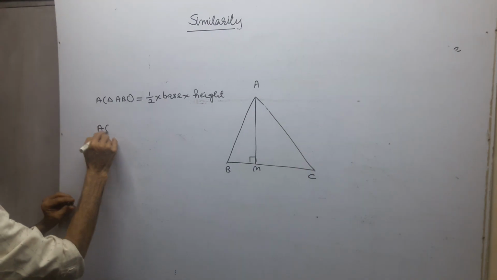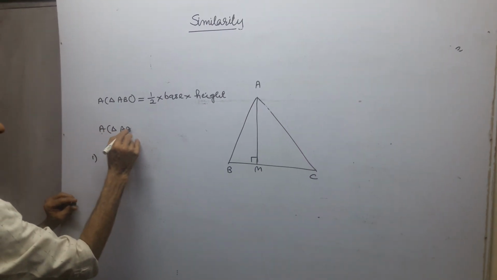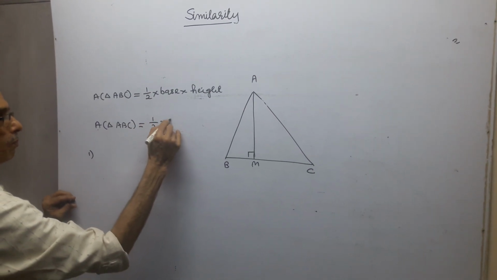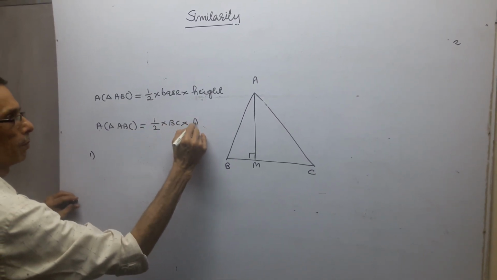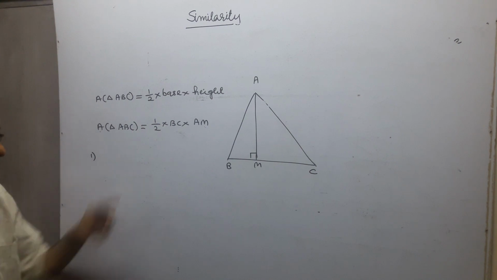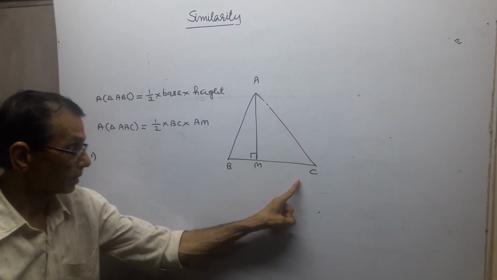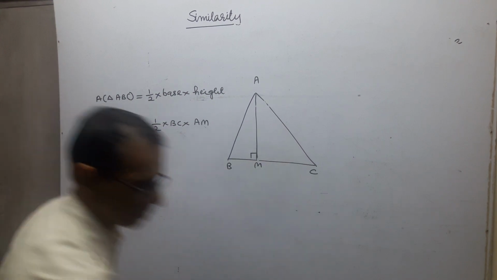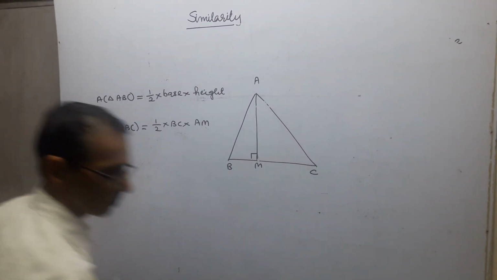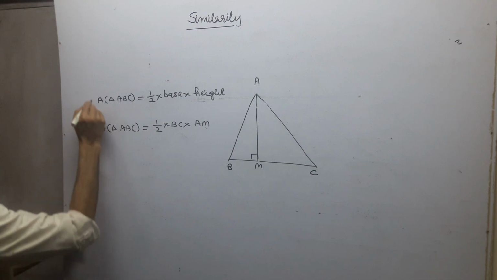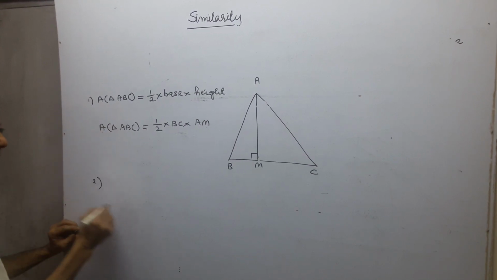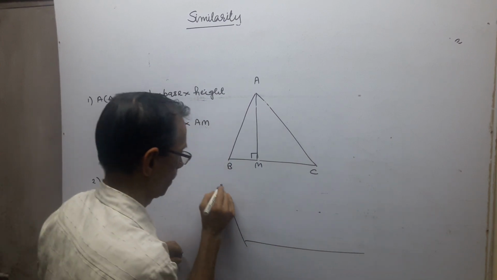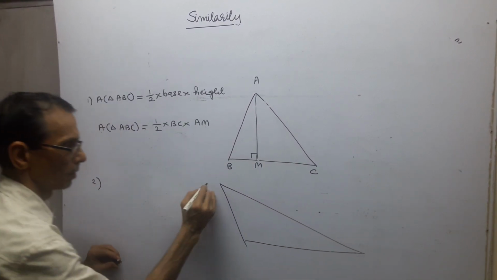And therefore we can take area of triangle ABC is half BC into AM. Half base, this is base, and height AM. So half BC into AM. Similarly, if we take another triangle, triangle PQR,